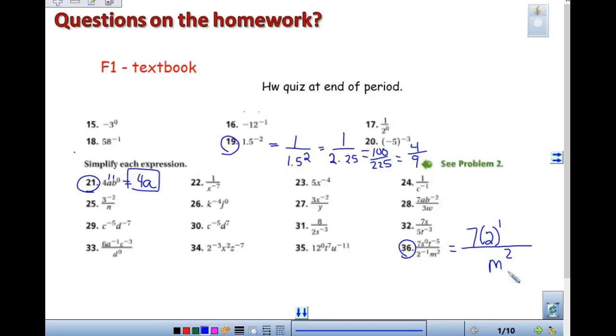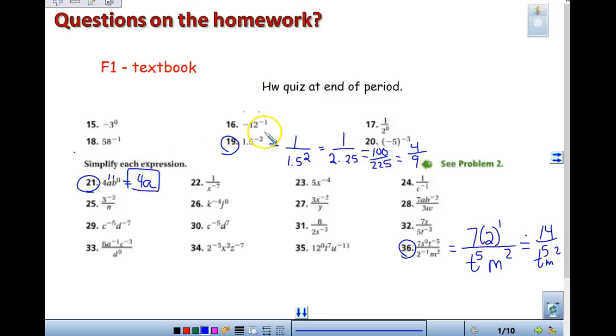What am I doing with the t, Addison? To the negative 5. Moving it down. Moving it down. Does it matter if I put it before the m or behind the m? Does it matter? Not at all. So wherever you want to put it, and it's t to the 5th. And I can't leave my answer like this. So no, in the numerator, I'm going to multiply those and get 7 times 2, which gives me 14. And again, like I said, I don't care what order you put these in when you look at them in the back. Sam? Like on the top when you have s to the 0, you get that it's 1, but